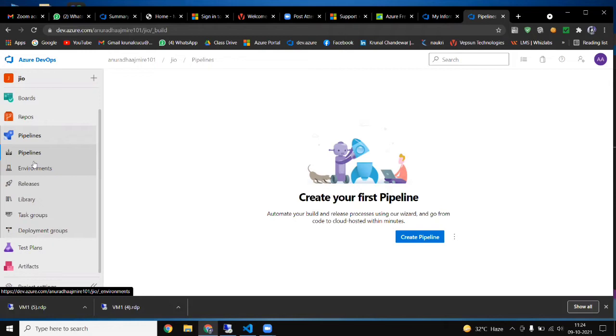Build means it takes source code, compiles it and generates an object. Converting your source code into machine level code is nothing but a build.